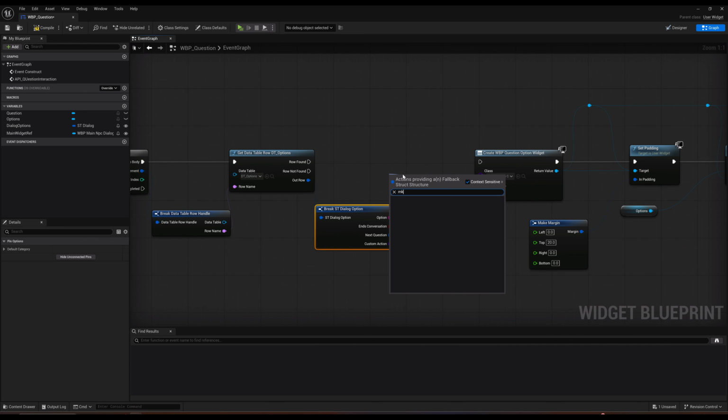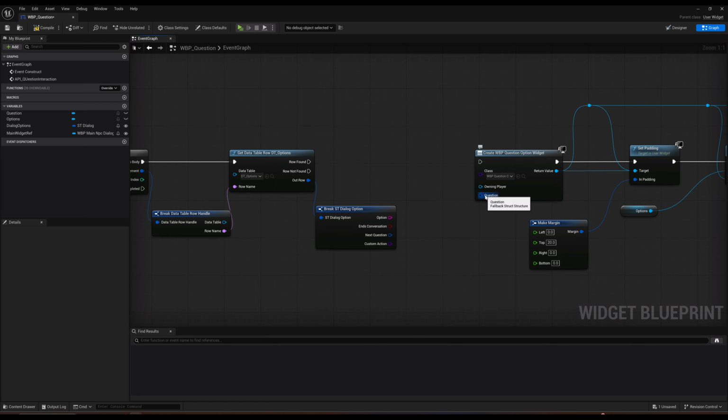So if I just do a make here, fallback structure, data row handle, question options,